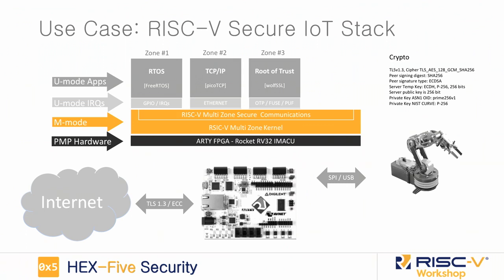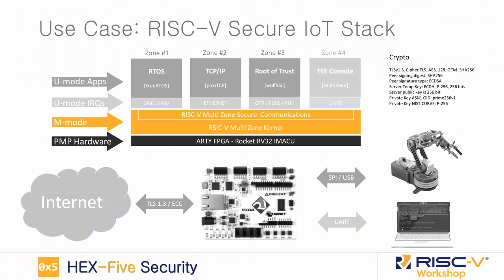Again, notice that this layer, which is the user mode interrupts, the Ethernet is only for the TCP/IP, so it's connected here. But anything that is related to the root of trust is specific to this zone. This is the hardware mapping. And then finally, we have just a console here that uses the UART. Nothing special there, it's just local. So you can see this as the safe and unprotected side.